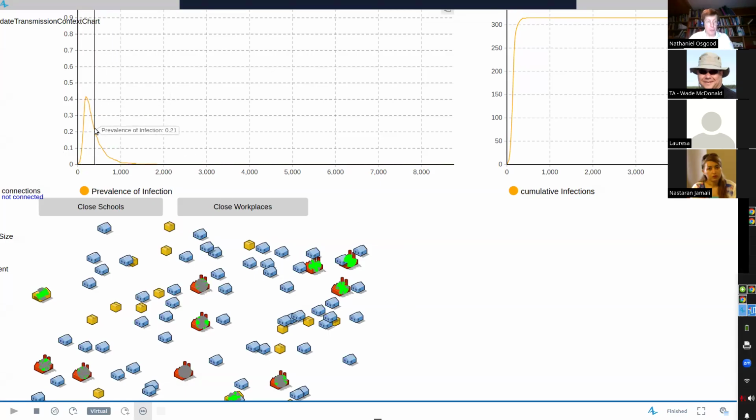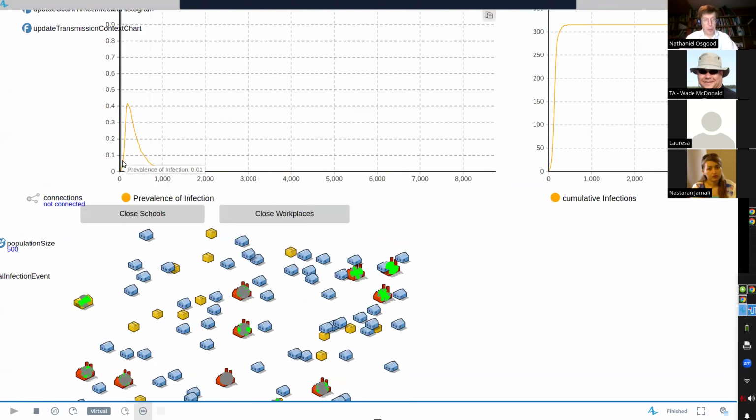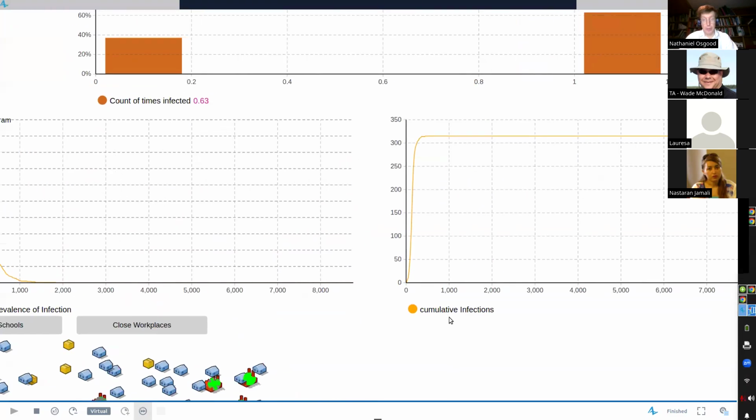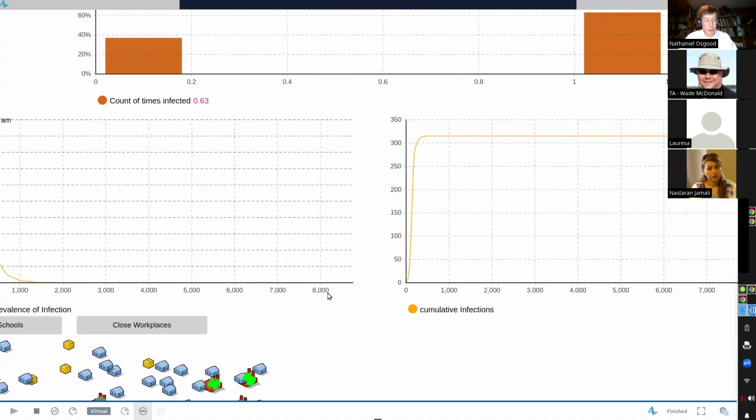This is high-level behavior induced by myriad agents interacting, infecting each other, moving around these environments, etc. And we're just doing some bookkeeping and keeping track of how many were infected over time and when they were infected, etc. Right? So this is what I mean by